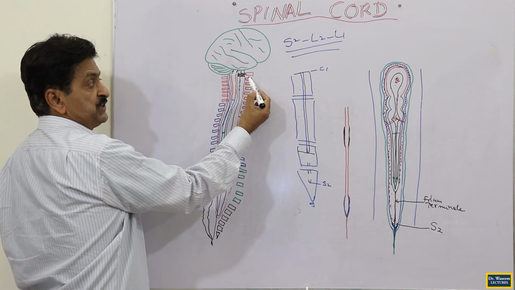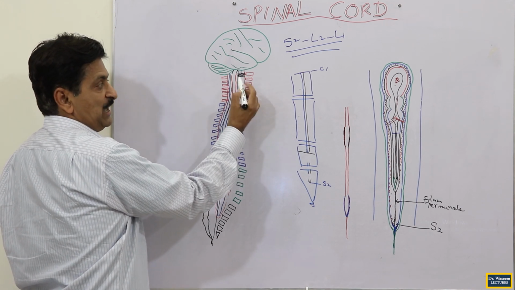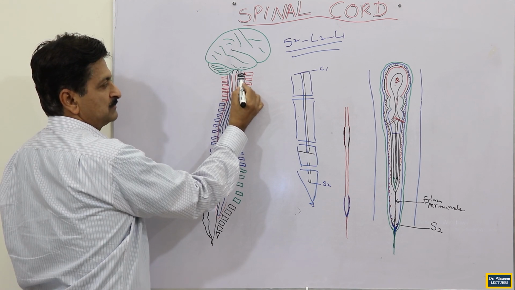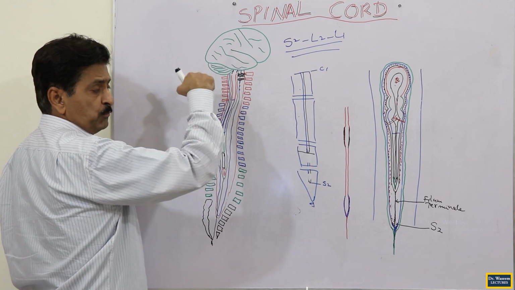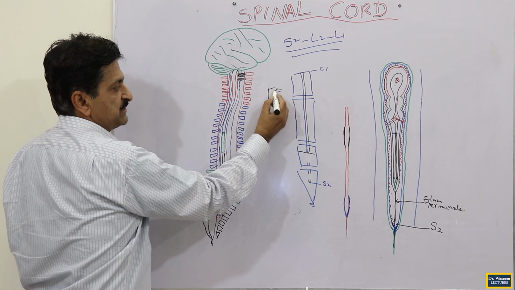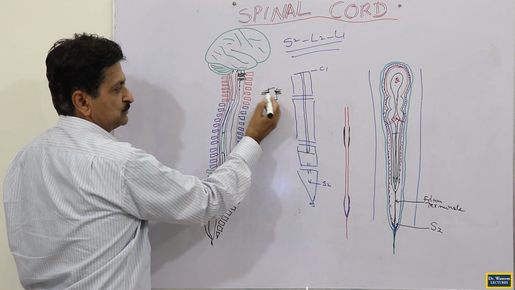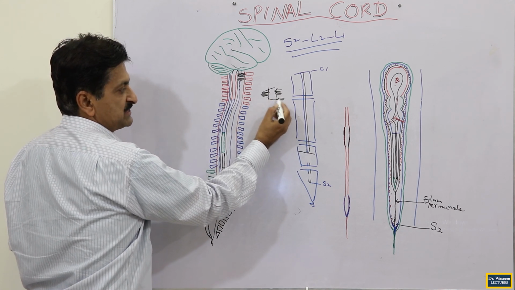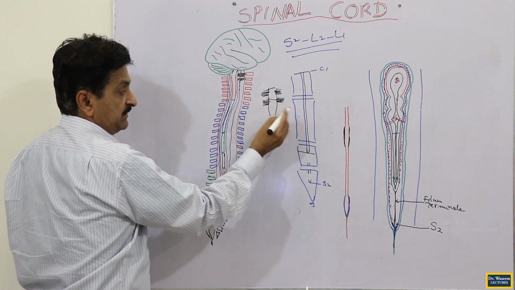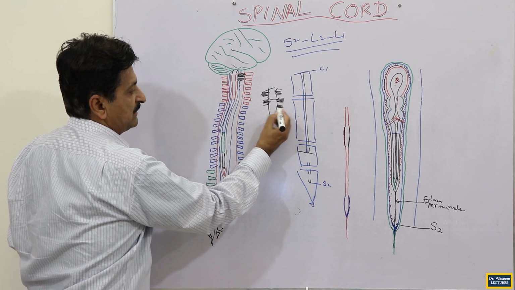And when the one vertebra finishes, there is an intervertebral foramen. So, there is a gap again, and after the gap another extension. This is one side I am showing you, on both sides it will be. So, it will be like this, from this side and from this side also, after a gap from this side and from this side, left and right. Then after the gap, it will be there and here.